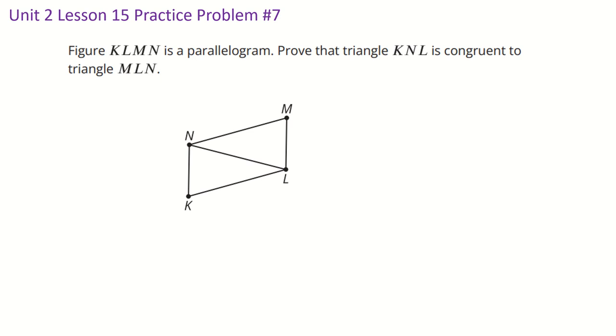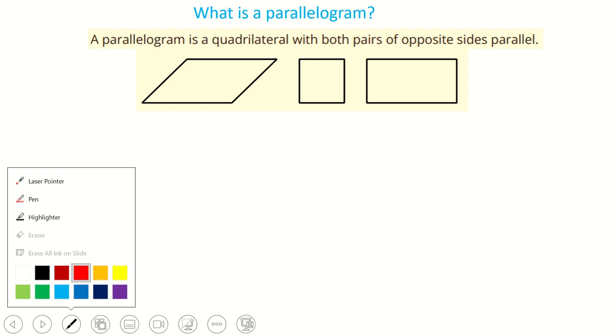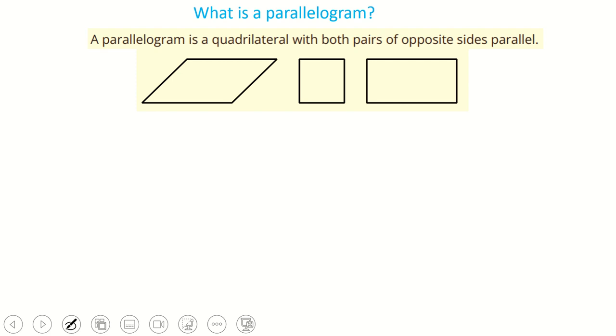Let's start with reviewing the various parallelograms. A parallelogram is a quadrilateral with both pairs of opposite sides parallel. When we see those parallel lines, they will have a marking of arrows to represent that our lines are parallel. Okay, notice that the top and bottom have one arrow, whereas the right and left have two arrows. It is just showing us that the top and bottom are parallel to each other, and the right and left